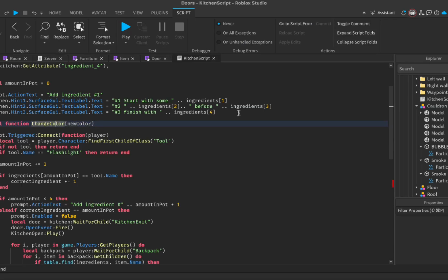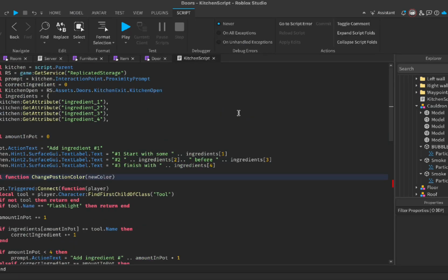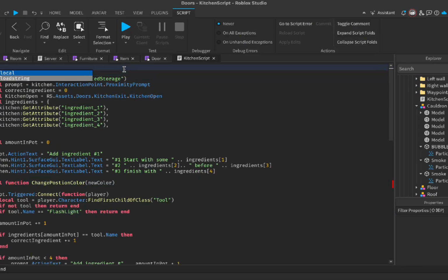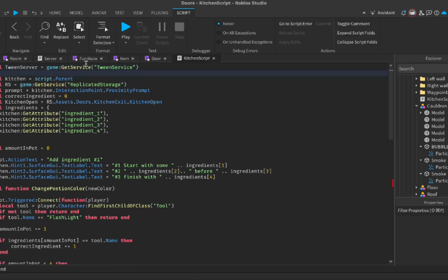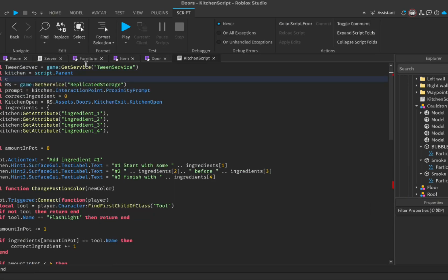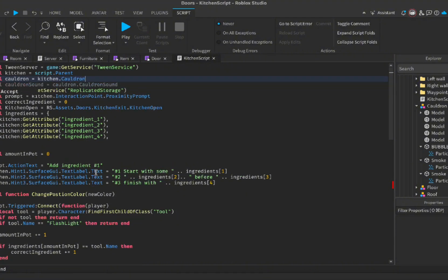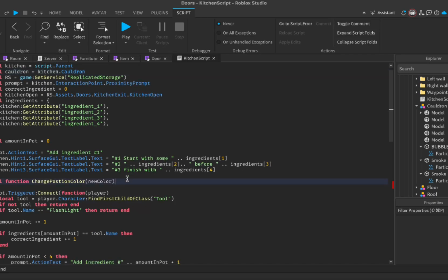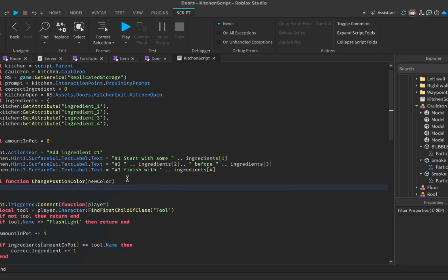Okay, and go to set to the local tween server and the local cauldron and the kitchen cauldron,